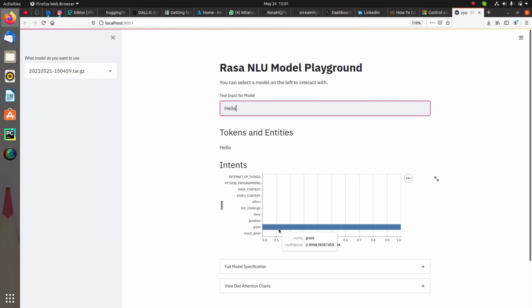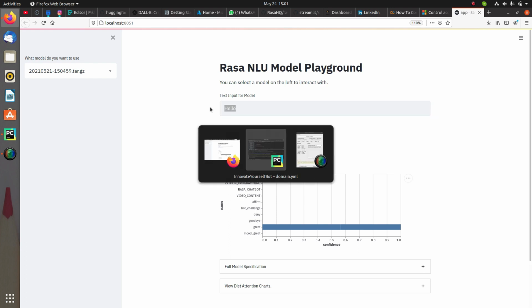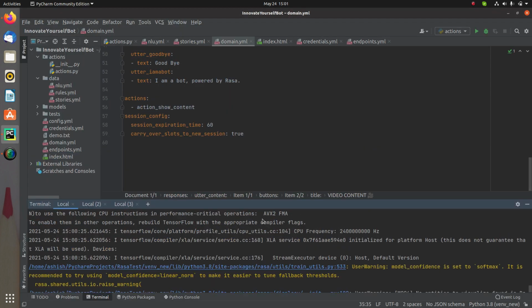So in short, you are able to visualize every concept which you must have viewed till now in just the Rasa shell, or let's say the Rasa shell in debug mode. But this time you don't have to go to that backend process. You have the visualization process, the front end, where you can completely visualize everything. So this is the way you can do it. This is the first message, and similarly in my project I have other messages as well.